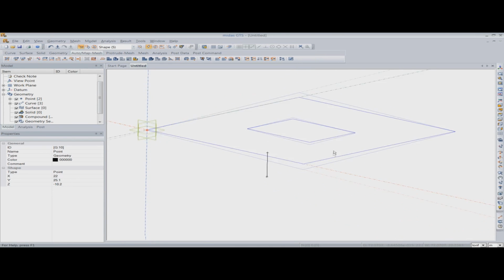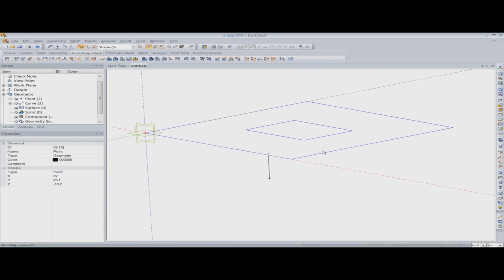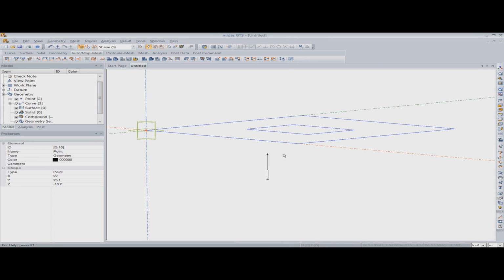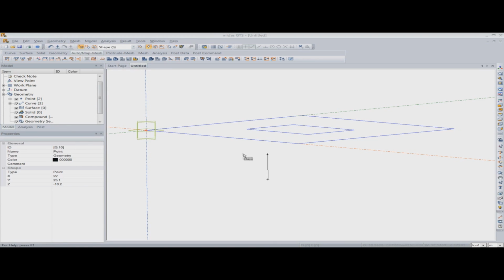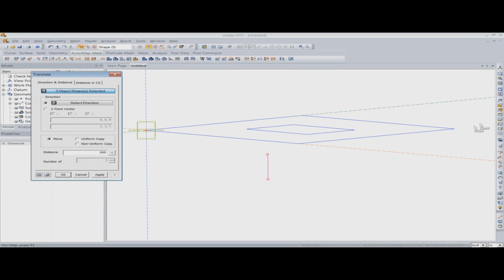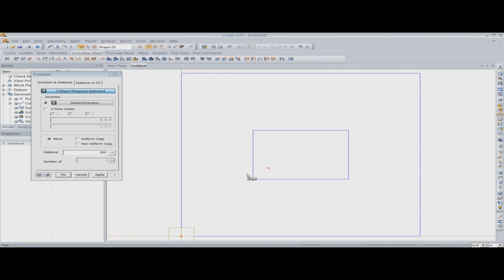Now let me go to the program and we will model the structure here, and we will see the different features that we can use for modeling this kind of a structure. So first of all, I will use the translate feature and I will translate the files in different directions so that I can obtain different files. So I'll go to the top view. I have selected the file which I already generated and I will copy it 5 times.